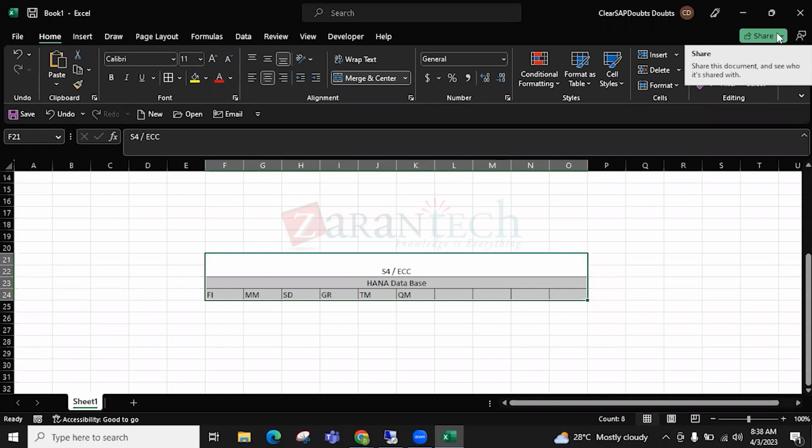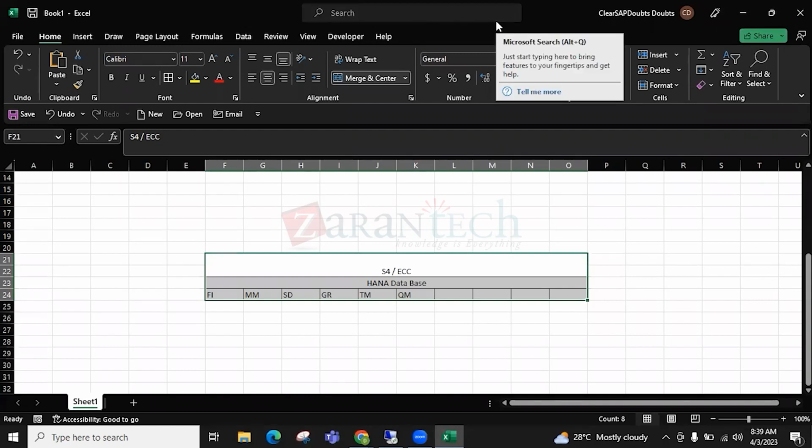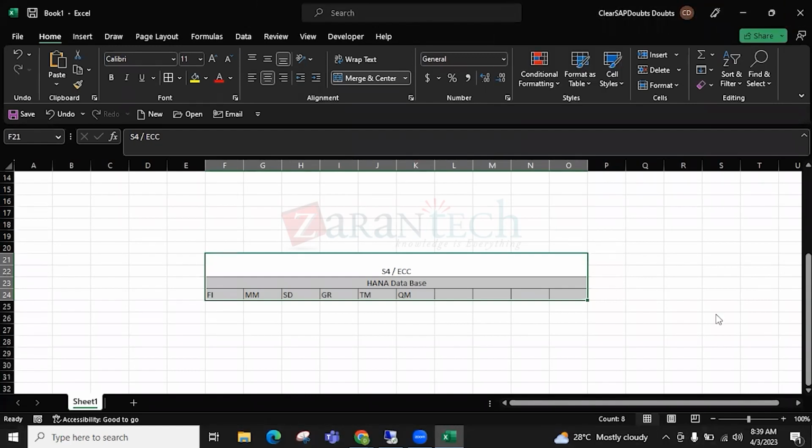Similarly, for the balance sheet, there should be something else: how the balance is getting forwarded, what the opening balance and closing balance are, and all. Those are the things basically required. Now, apart from that, this ECC or S4 box basically keeps all the data